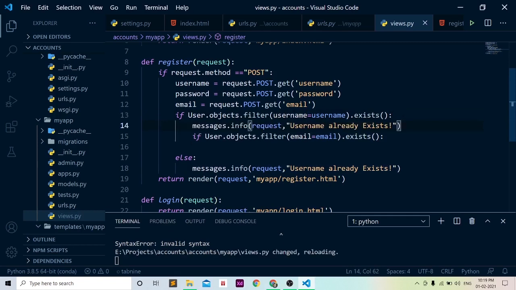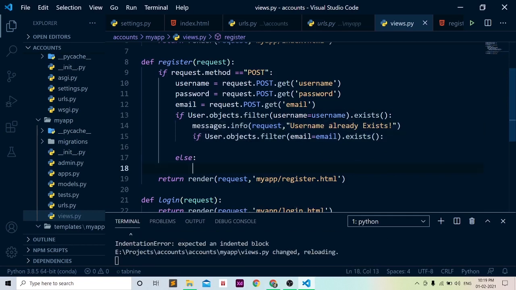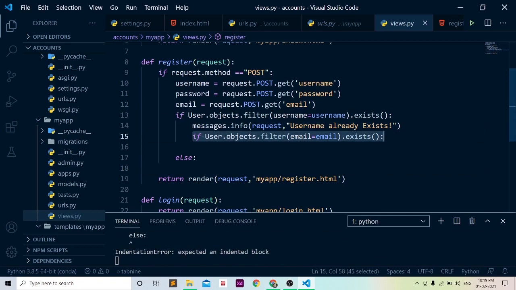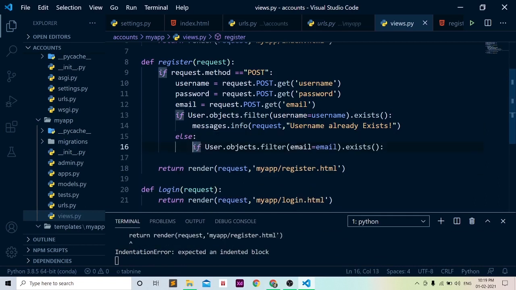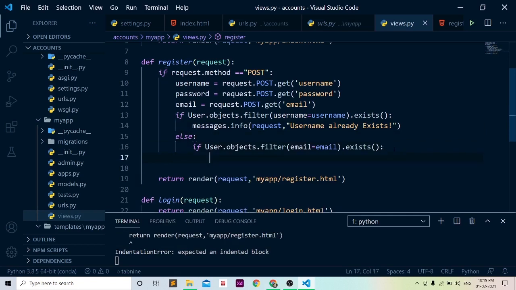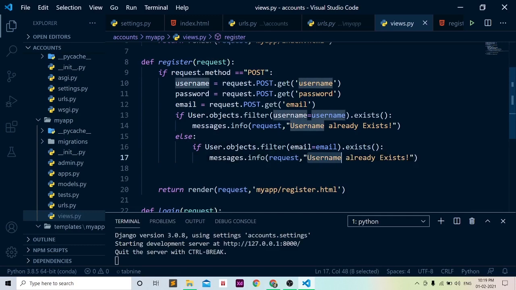Are you getting it? Now if it exists, we need to call this messages. So messages.info, request, email already exists.